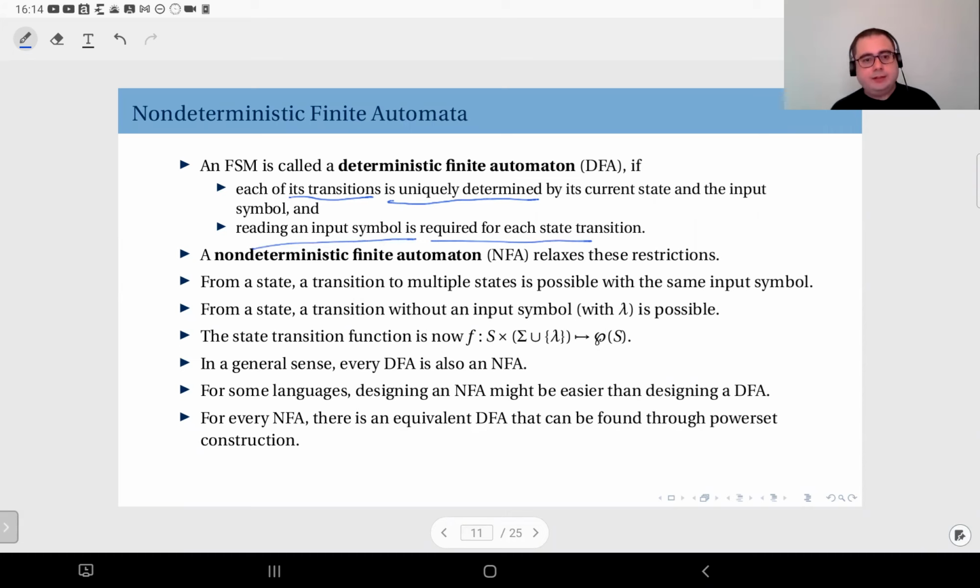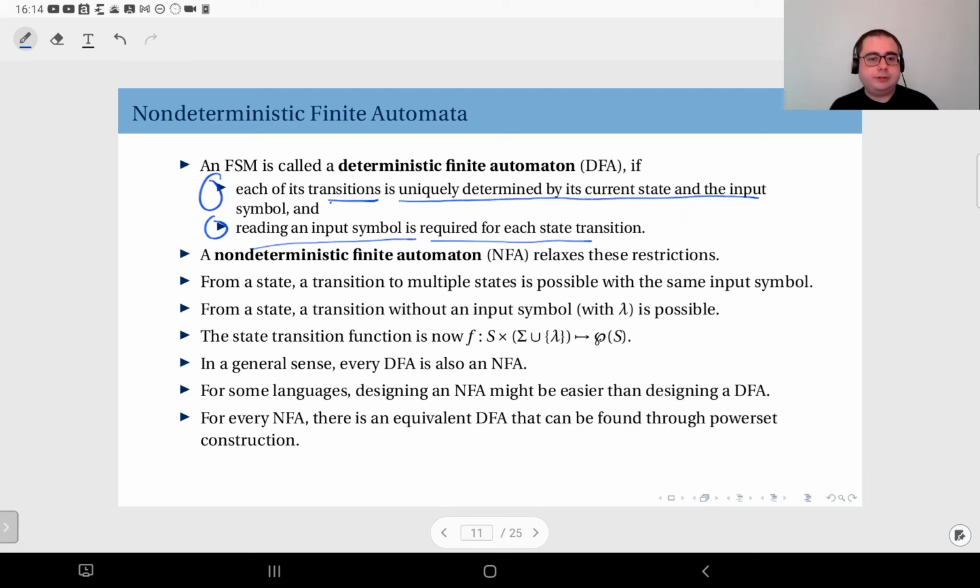If you relax these two constraints, what you obtain is what we call a non-deterministic finite automaton. So what does it mean to relax these two conditions? The first condition says that the transition is uniquely determined by the current state and the input symbol. If you relax this, this means by the same current state and input symbol pair, you can actually go to different states in